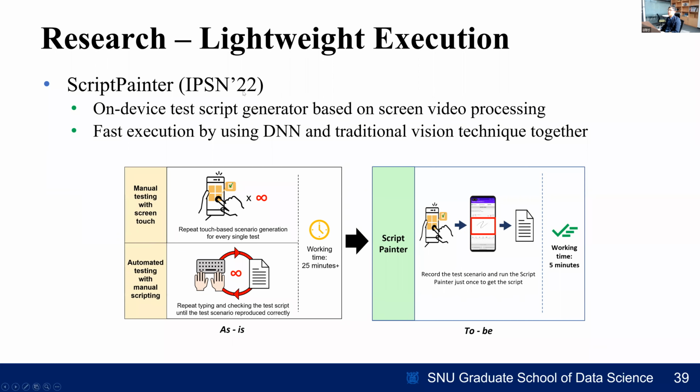So software developers do not have to write test scripts manually. Because it should run on device, fast execution is what we should achieve. As I said before, we wanted to execute DNNs as little as possible, and we mix this DNN operation with some lightweight traditional signal processing techniques.